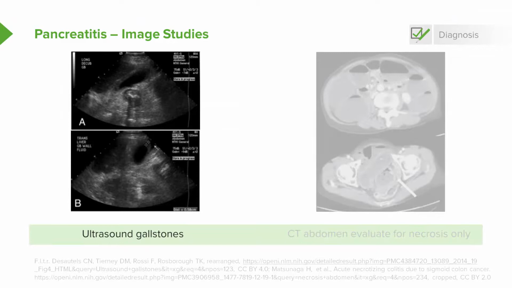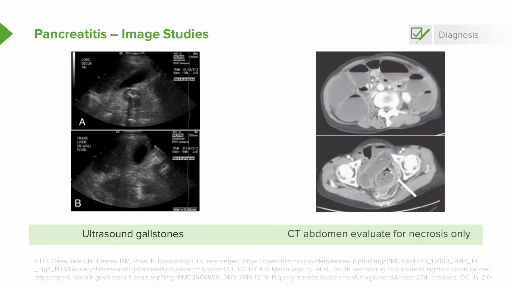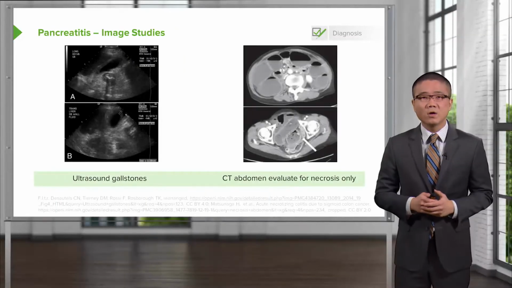Are there any imaging studies that we can use to diagnose pancreatitis? Ultrasound is often used when patients present with epigastric or right upper quadrant abdominal pain, specifically to evaluate for gallstones. What's more commonly used, as you see in this image, is a CAT scan or cross-sectional imaging of the abdomen pelvis to evaluate for pancreas. It's important to know, however, that obtaining a CAT scan of the abdomen pelvis should not be routinely done for a diagnosis of acute pancreatitis